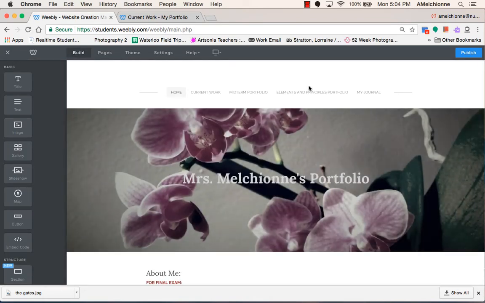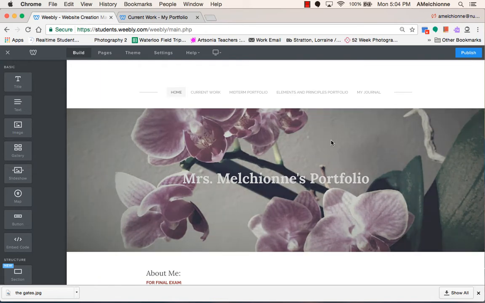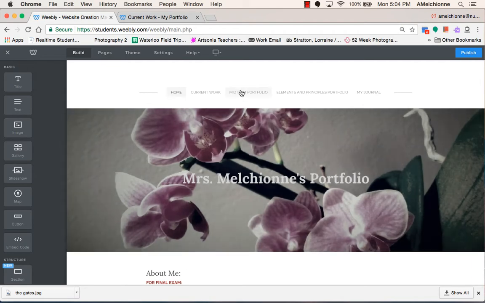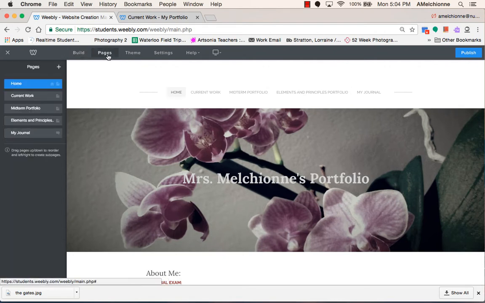So if you review the spec sheet on your final exam for your portfolio, you should have 3 gallery pages as well as your journal or blog page. Okay, so this is really what it should look like. If you go to pages to build,